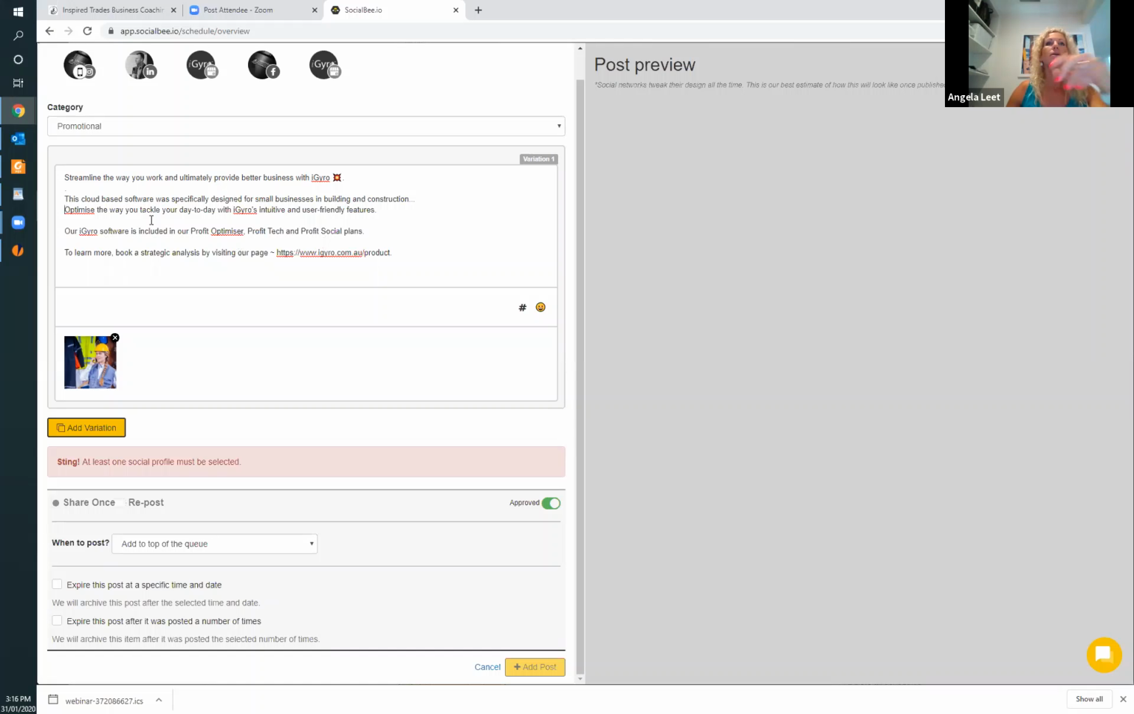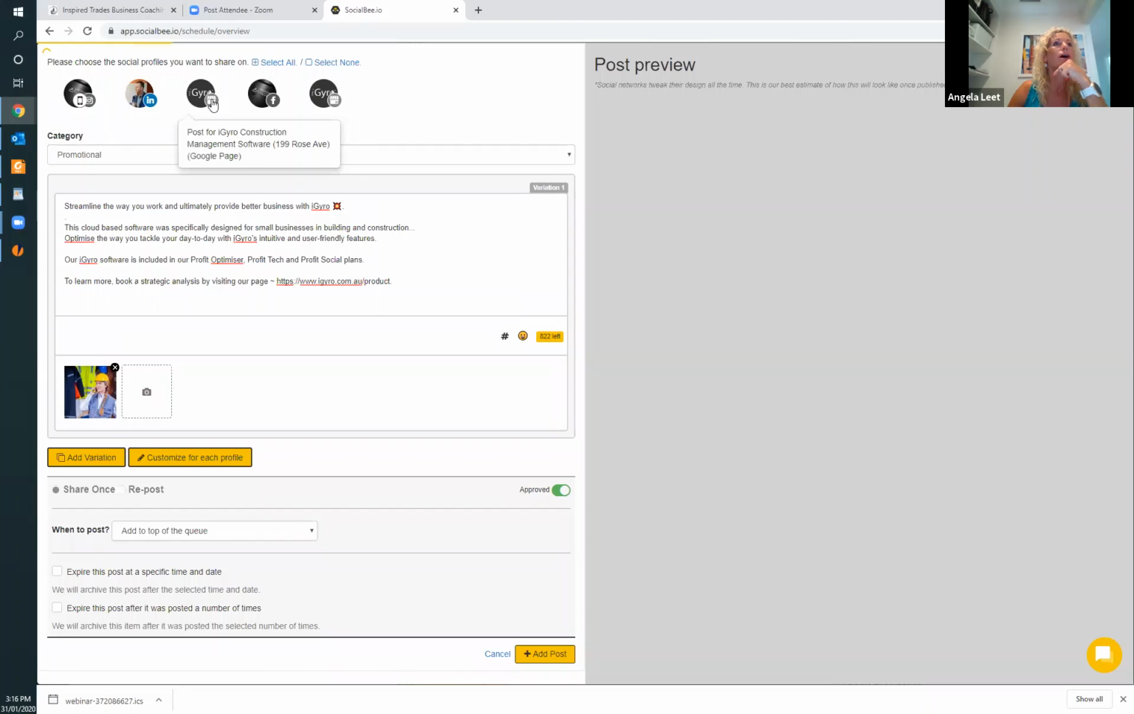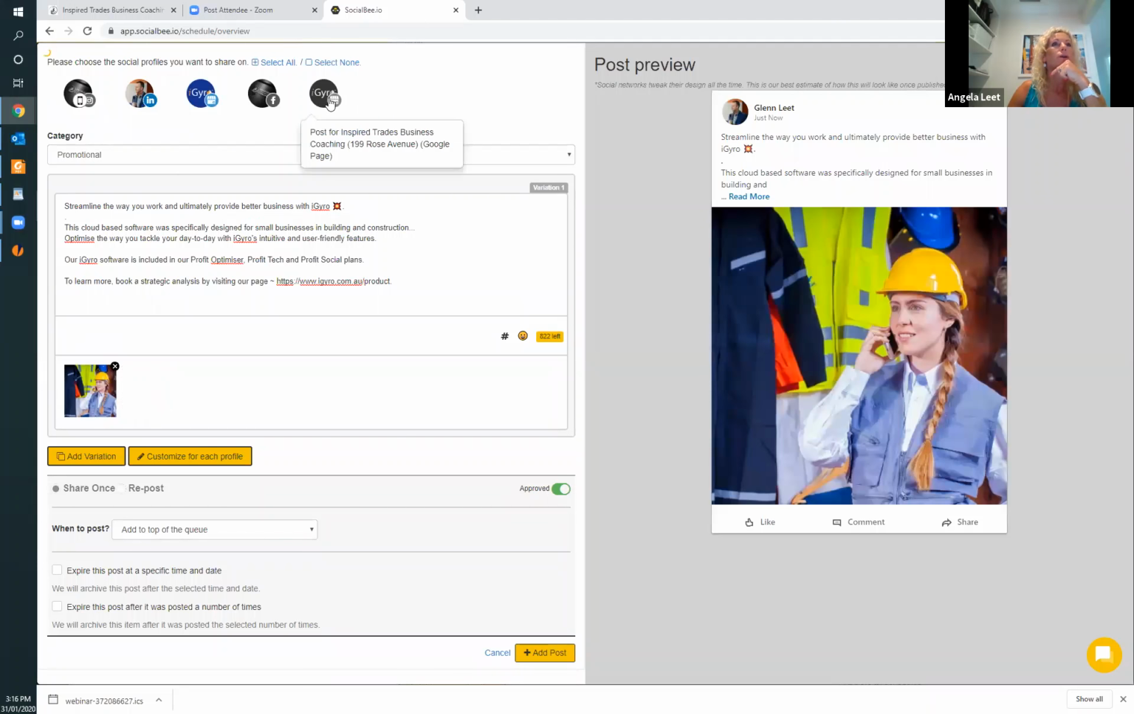So here it is. So what I'm going to do now is I'm going to connect the categories. So I want it on LinkedIn, I want it on iGyro Construction, and I want it on Inspired Trades. So on the right-hand side here, you can see how it's going to look on the page or on the site. So that's your top sentence, and then you work your way down. So that's pretty much good to go,